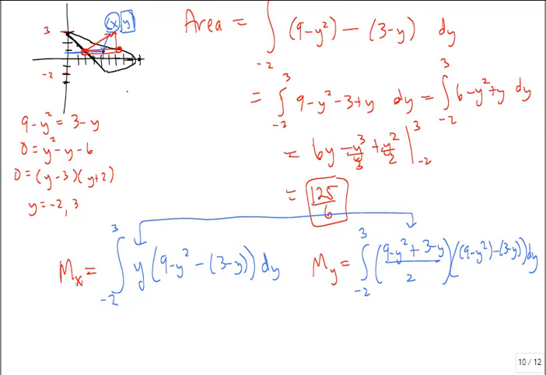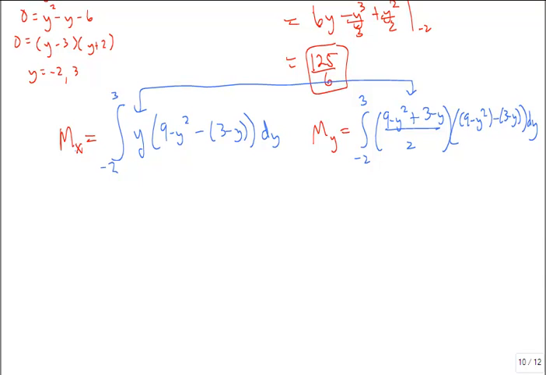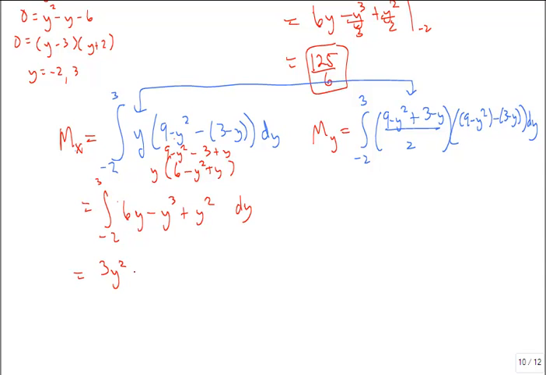Okay? So now if we try to clean these up a little bit, I won't integrate it all out, but just to clean it up a tad, remember that you want to distribute your negative here and clean it up. So we're going to have that 6 minus y squared plus y right here times that y. So this is 6y minus y cubed plus y squared. So that would give you y squared times 3 minus y to the 4th over 4 plus y cubed over 3, and then you would plug in your bounds. And that gives you